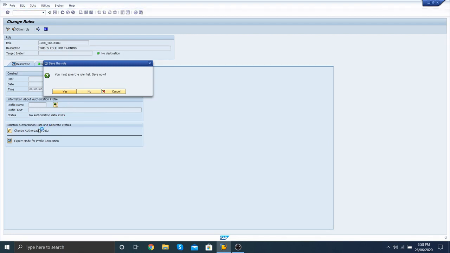Maintain authorization data and generate profile. This profile can be generated in both ways, automatically and manually. Here we generate the profile automatically.